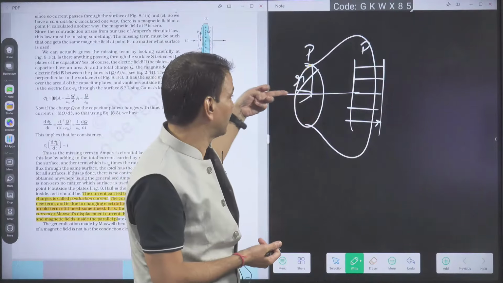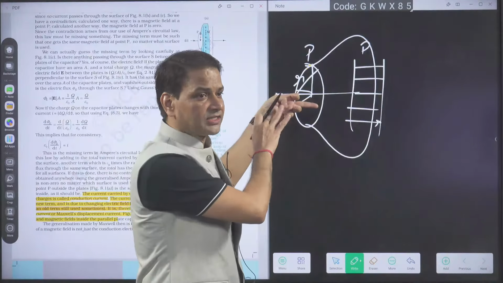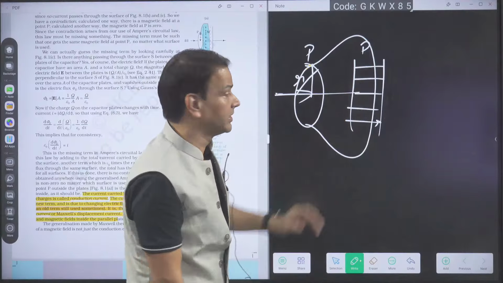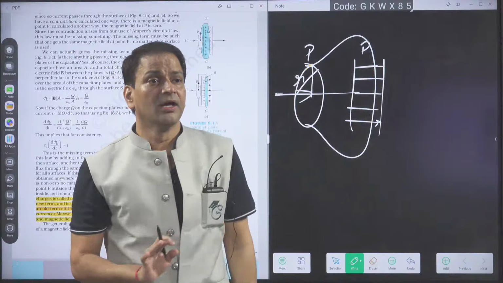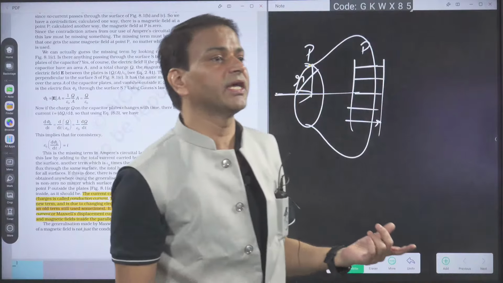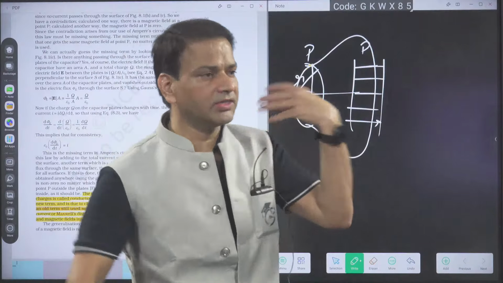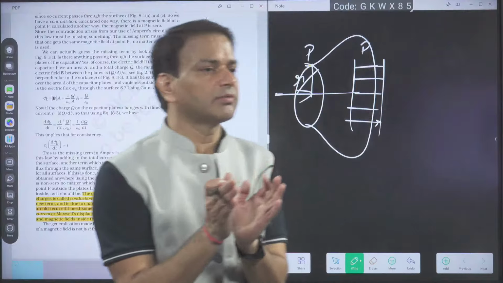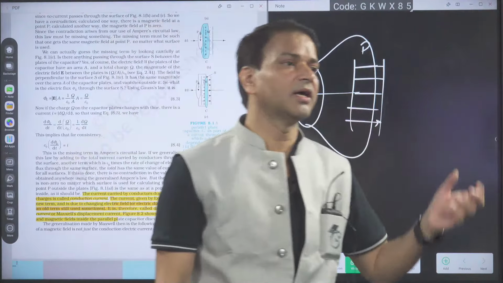Open pot means the current I is not cutting this surface. Here the conduction current is not cutting the surface. I am going inside, between the plates of the capacitor. Here the surface is passing between the plates of a capacitor. It means some current has to be there which is cutting the surface. Which current will be there between the plates of the capacitor? We have given the concept of the displacement current. So we are saying between the plates of the capacitor we have the displacement current. In the conducting wire we have the conduction current.